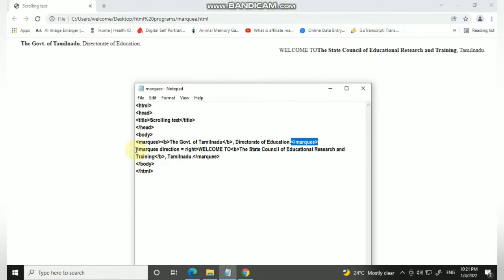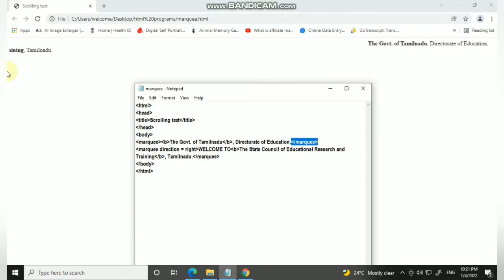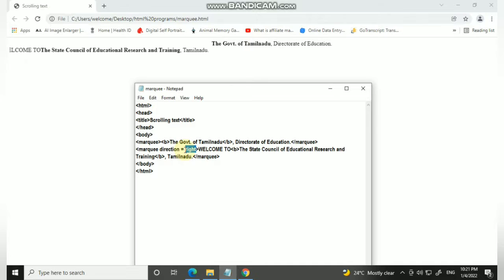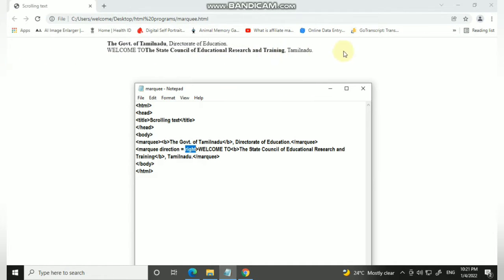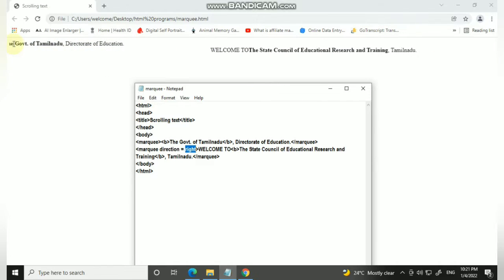And the second marquee is this one, where I have mentioned the direction as right. So the second text will move from the left side to the right side. This is the destination point. Now see here, it is moving from the left side to the right side, and this is the default one which moves from the right side to the left side.